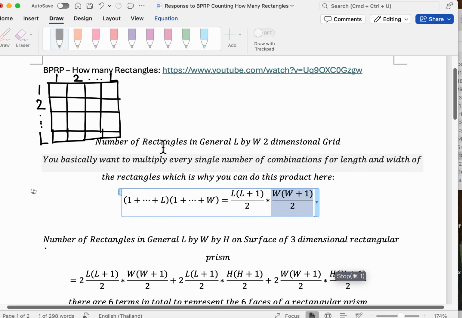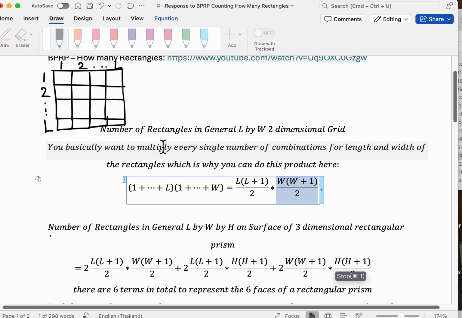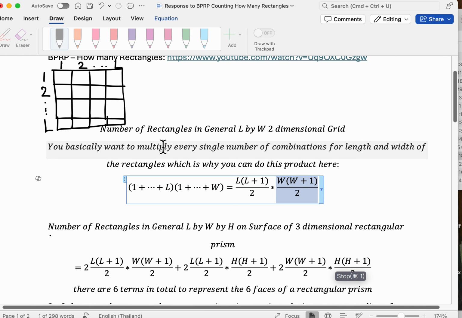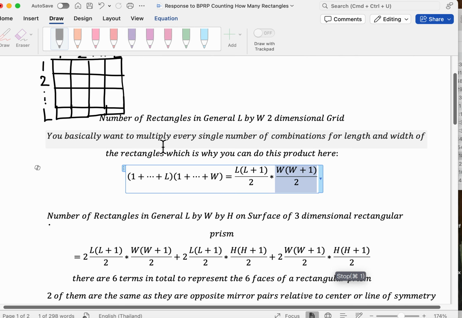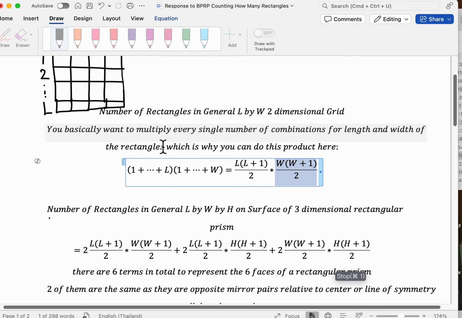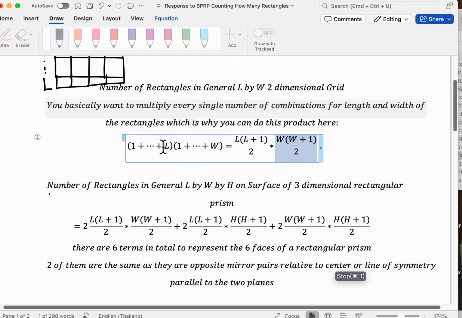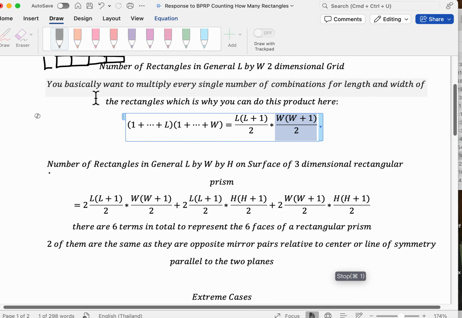But I want to generalize this for not just areas, but say the surfaces of volume, the surfaces of three-dimensional objects. Say for example, a rectangular prism. So say for example, you were to have,